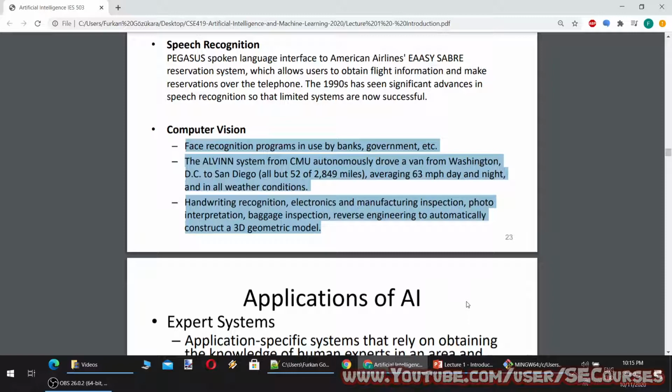Face recognition programs in use by banks, government, etc. The ALVINN system from CMU autonomously drove a van from Washington, D.C. to San Diego, all but 52 of 2,849 miles, averaging 63 miles per hour day and night, and in all weather conditions. Handwriting recognition, electronics and manufacturing inspection, photo interpretation, baggage inspection, reverse engineering to automatically construct a 3D geometric